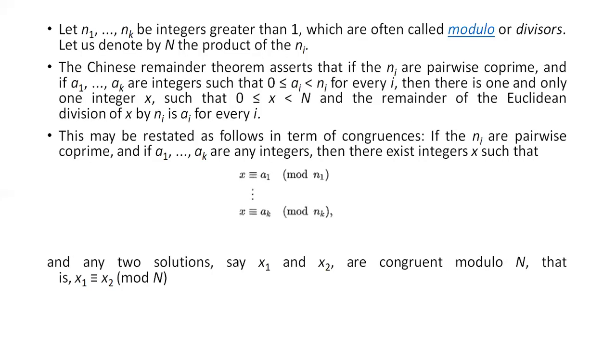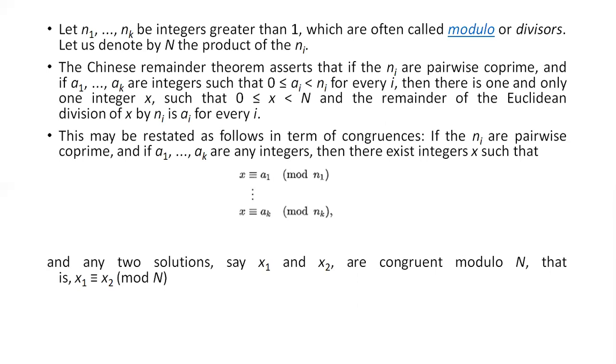Now let's start with the exact definition of the Chinese remainder theorem. Let n1, n2, n3, ..., nk be integers such that each of these integers is greater than 1, and these integers are called divisors. That means we can divide N by each of these n1, n2, n3, which are the divisors of the number capital N. That means N can be expressed as the product of ni. This process of expressing any number as a product of many primes, we call prime factorization.